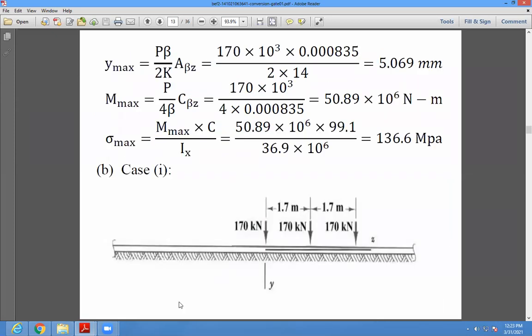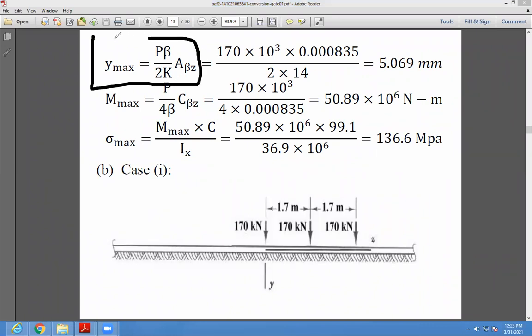Now we have to find out y, m and stress. Write down the equation of y. Y max, that is the maximum deflection and maximum bending moment below the load. Y max or delta max is equal to P beta by 2k into A beta Z. Equation तुम्ही already लिहून घेतला. So put